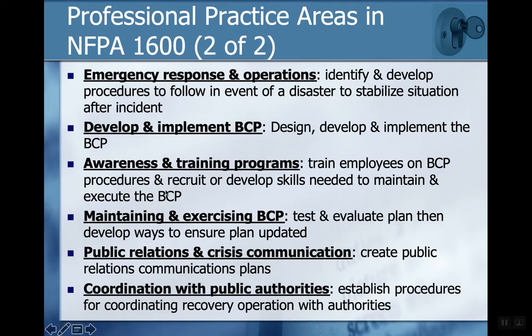Very important, maintaining and exercising the plan. Most organizations will schedule and execute on that on an annual basis, carving times out. Public relations and crisis communication is sometimes overlooked as a critical item, but depending upon the circumstances,